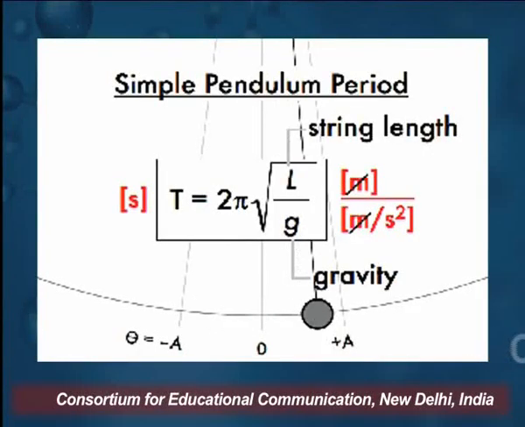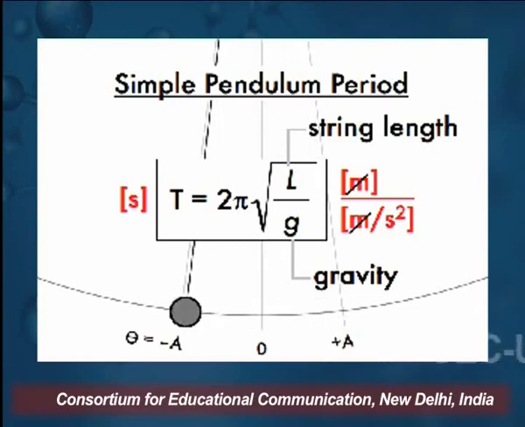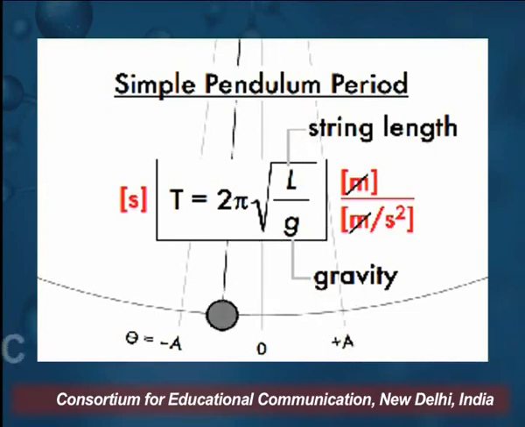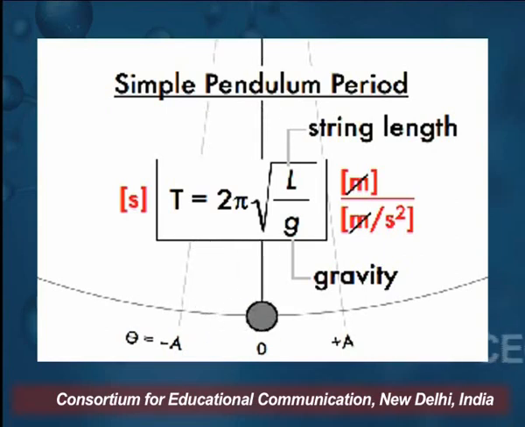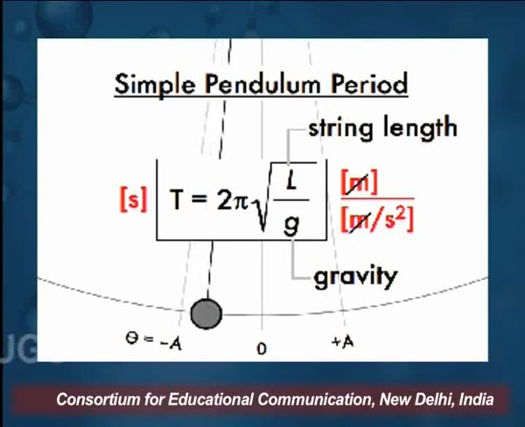Now you see in the diagram that this is the motion of the pendulum. It is a to and fro motion. You see theta is equal to minus a and plus a, one in the positive direction and another in the negative direction. You start from a, go to minus a, then it will come to plus a. It means it completes one time period. This will complete one oscillation, and that time period we will note. In this manner we take 20 oscillations of this ball.